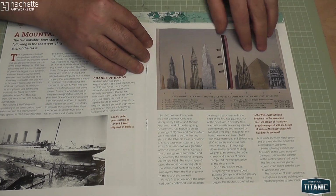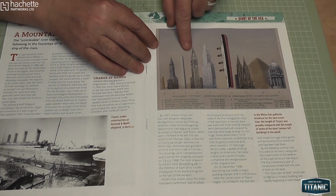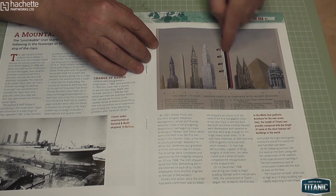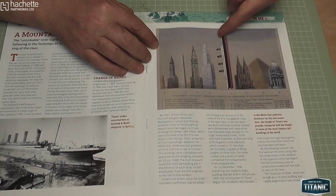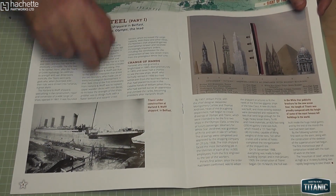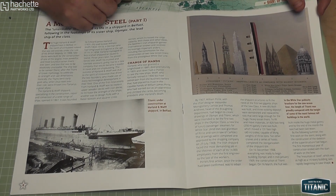So just to show you how tall the Titanic was, if you didn't know, these are like some of the world's tallest buildings here. And yeah, that's how big the Titanic would be if it was stood up right next to them. So it is a really, really big ship. There's some pictures and stuff like that of when it was being constructed. So yeah,